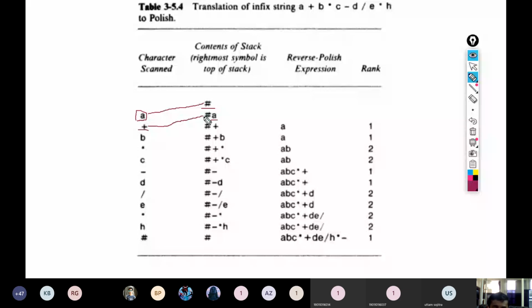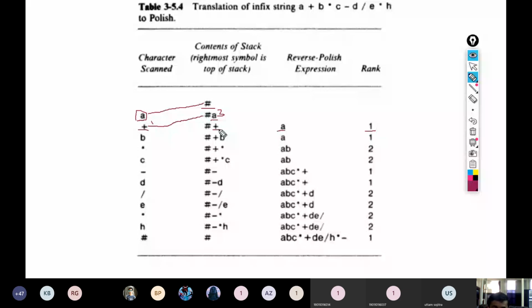The value of a is 3 and the value of plus is 1, so it is less than the top of stack. So we will pop the stack and append it to the Polish expression, and we also update the rank. Because it is an operand, we add 1 to the rank. Then we also push the plus to the stack.